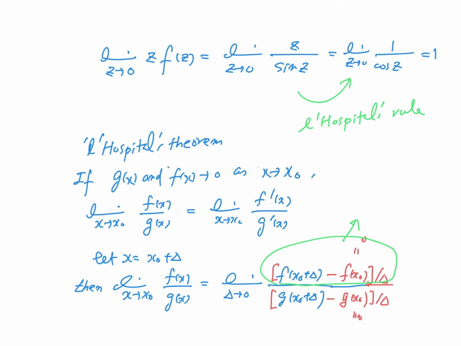So this becomes f prime x0, and this becomes g prime x0. Right? So L'Hopital's rule says,